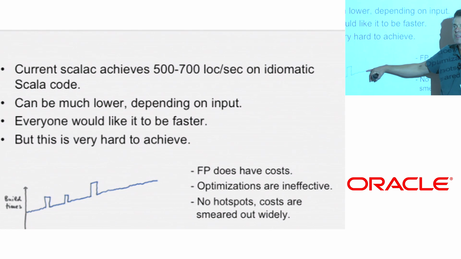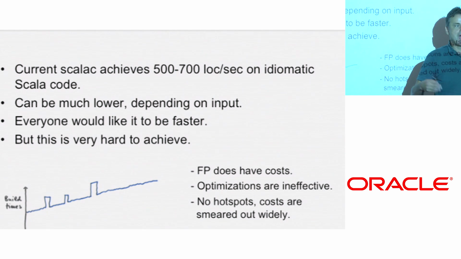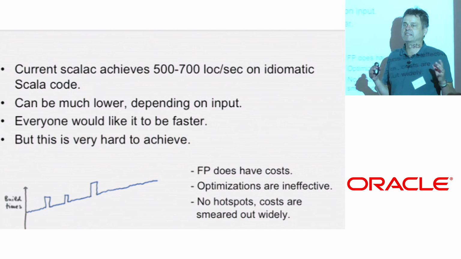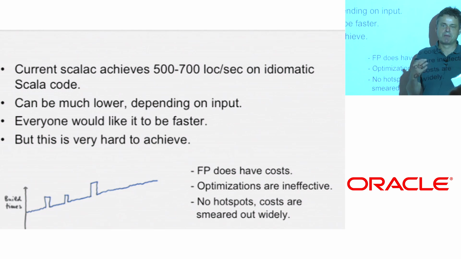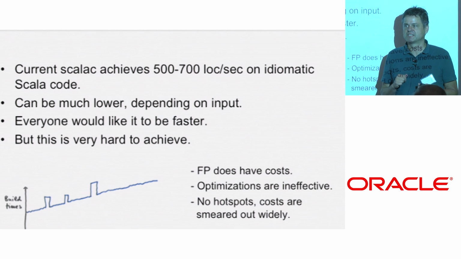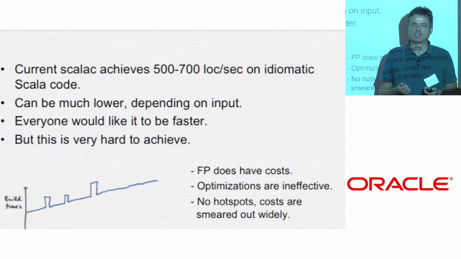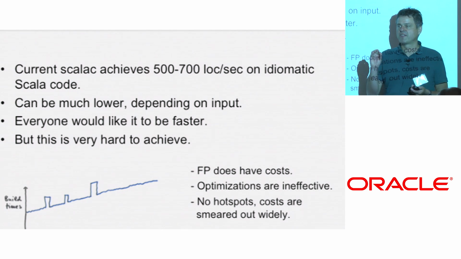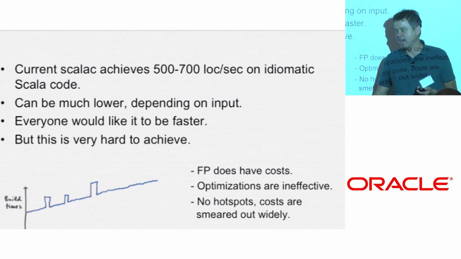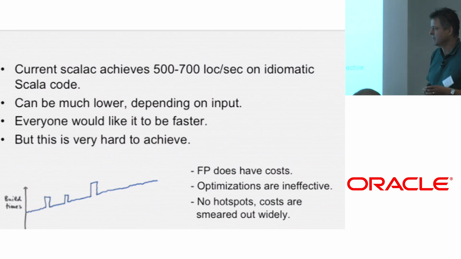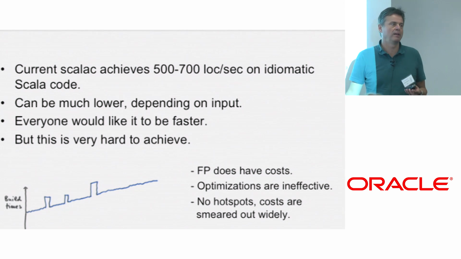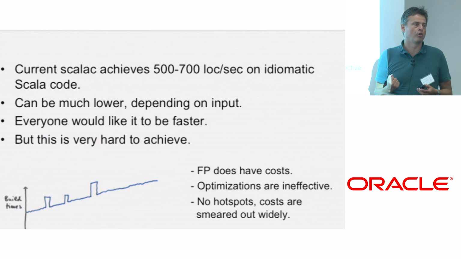But there was this background increase, which happened because people introduced more and more of the, let's say, high-level nice features. As people managed the code, they said, this is a while loop, this is nasty, let's use a higher-order function instead, and things like that. All these things have a microscopic cost, so everything adds up, and that led to these increases. The other problem is that optimizations are singularly ineffective for compilers.